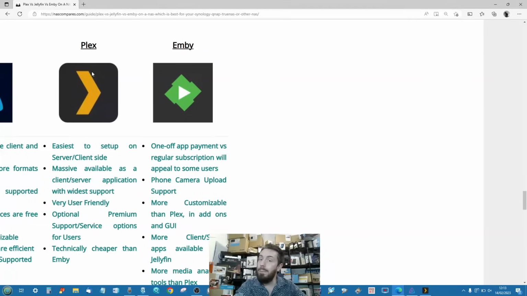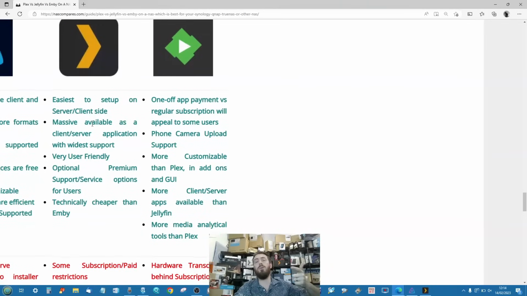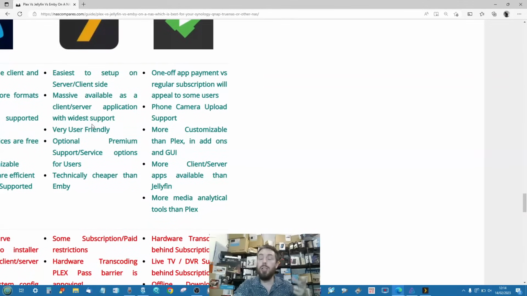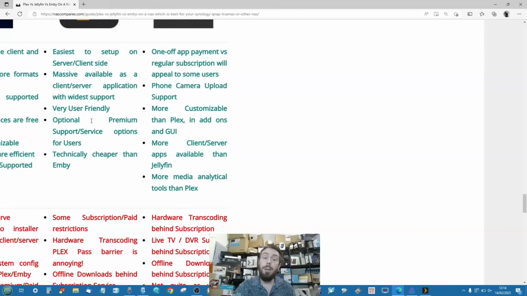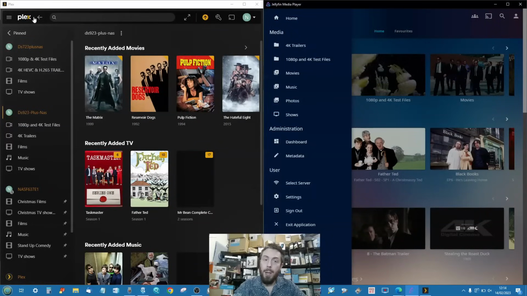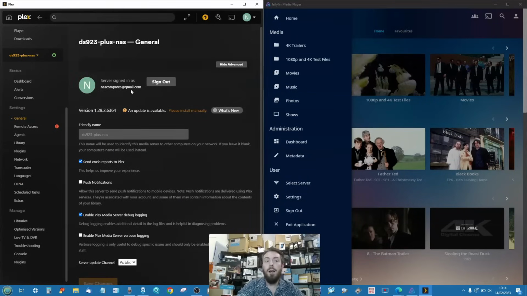But when it comes to Plex Media Server, on the other hand, again, way easier to set up, so user-friendly. A tremendous amount of time and energy has gone into improving that graphical user interface. Having those support options is going to be appealing to some, and it is technically cheaper than MB, something we'll talk about in another video. Another thing I'll talk about, and again I just touched on it there before we go back to the cons, is backing up your server configuration is a lot easier and broader in Plex Media Server than it is on